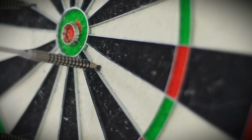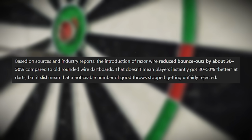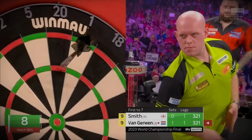And the numbers don't lie. The playable scoring area grew by nearly 15%. Wire thickness shrank by a staggering 84%. Bounce outs, once a frustrating regular part of the game, became rare. The colours got sharper, the surface looked cleaner, and suddenly, hitting triple 20s wasn't just a dream, it became a